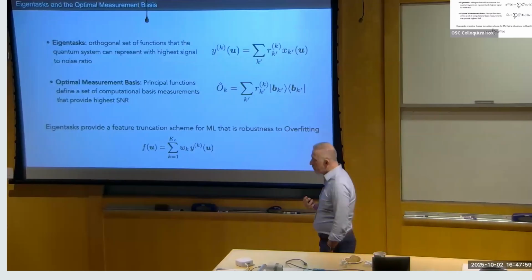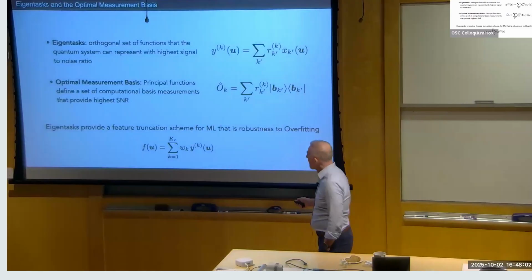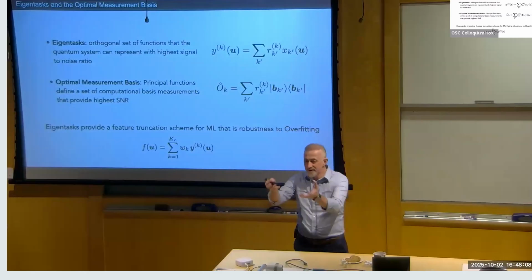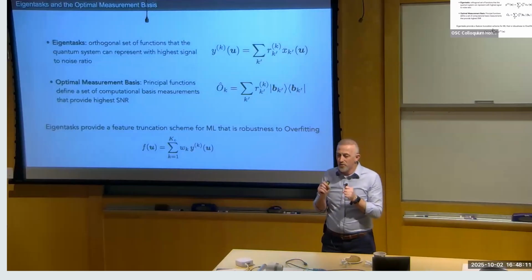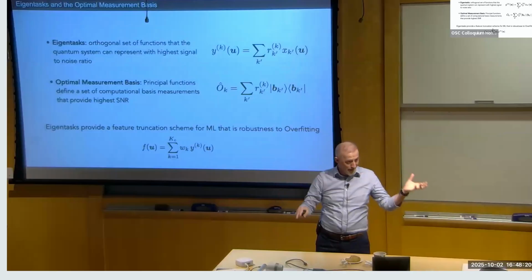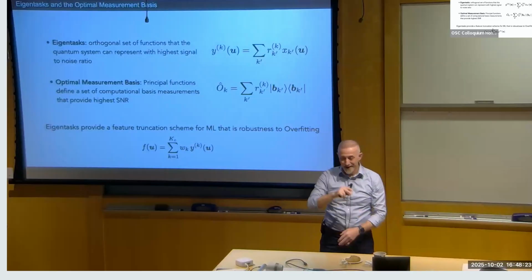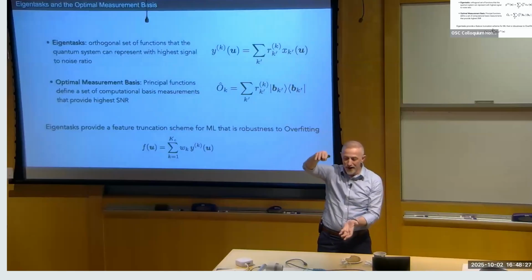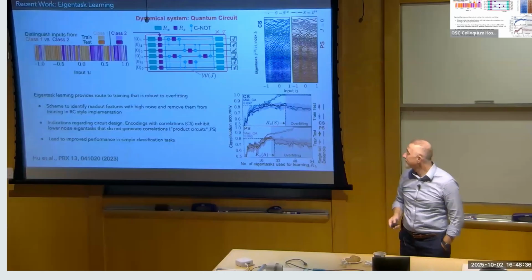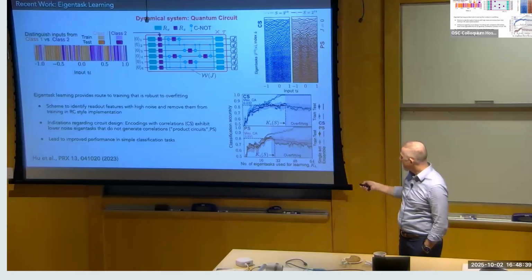The way eigentasks achieve practical relevance is that now I know some of these are more noisy than others, and this noise is system dependent. What eigentasks give me is a way to do feature reduction, so that I can throw out features that are much more noisy than others. It just orders them, and I can throw out the ones that at a given number of shots give you more noise than signal. That truncation scheme turns out to be very powerful in practice. Instead of discussing what we did in that paper with quantum circuits, which is interesting,